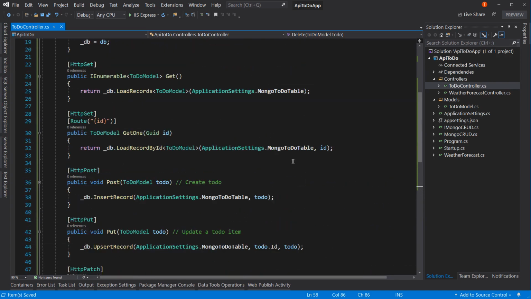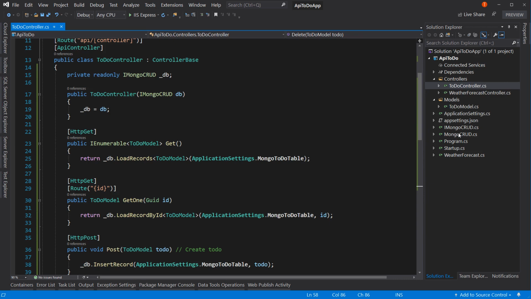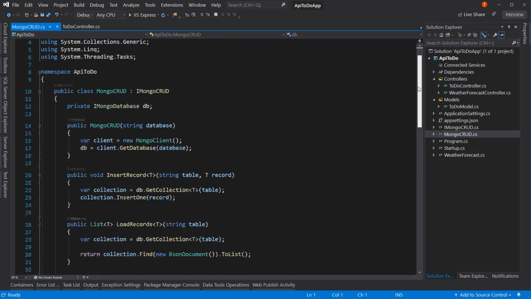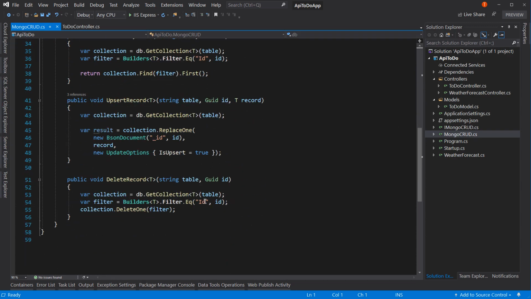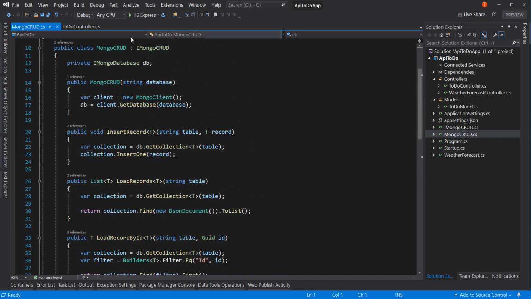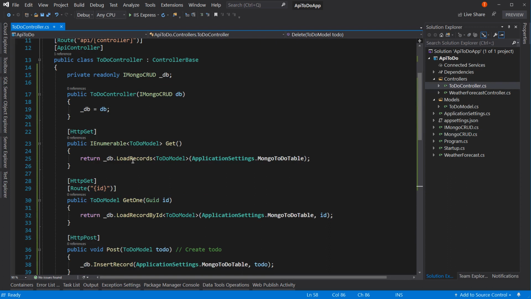That's it. So once you have this code right here, the Mongo CRUD, which you can download, this stuff doesn't really need to change at all. That can just sit there as it is, and maybe at some point I'll put this into a NuGet package, because it makes it simple. We don't have to think about how these things work. We just ask for what we need. So once you have that, it's just a matter of calling the right method and passing in the type. That's pretty much all you have to do. And now we have our full